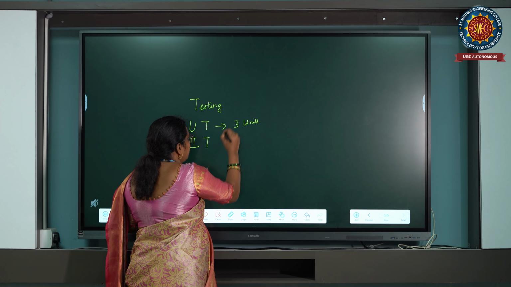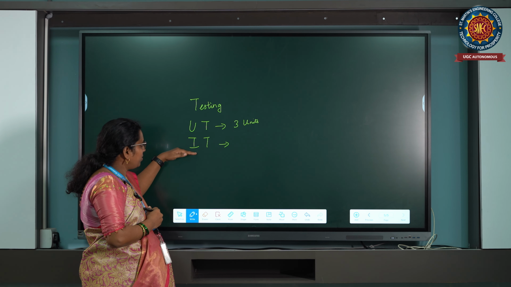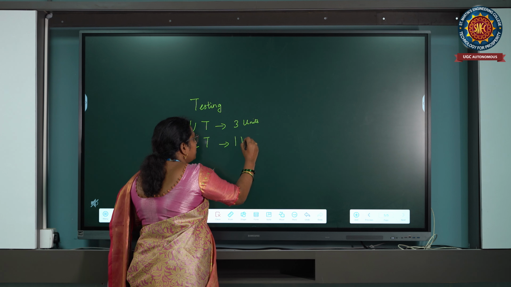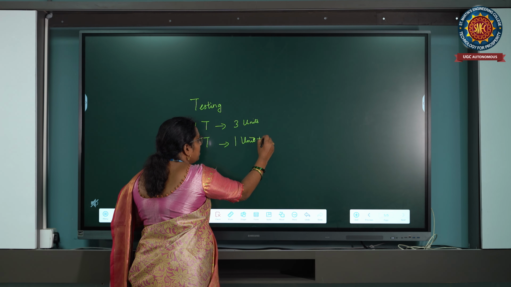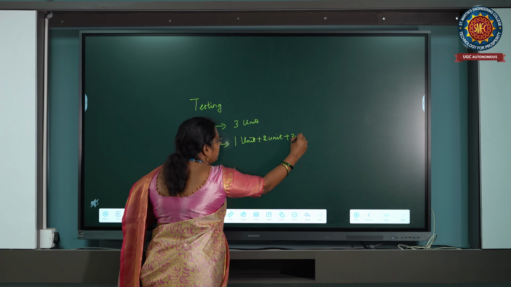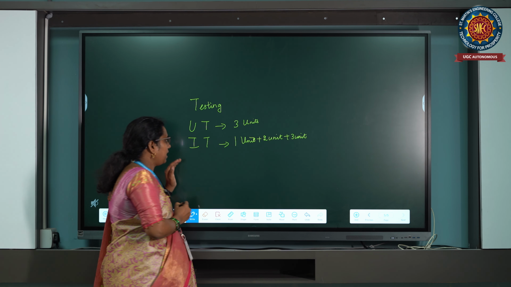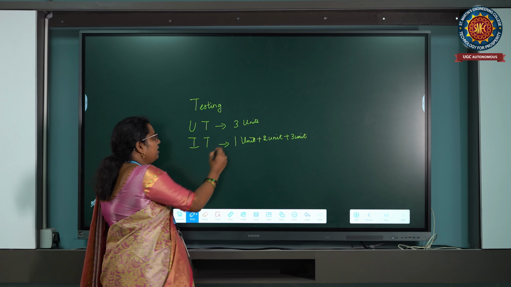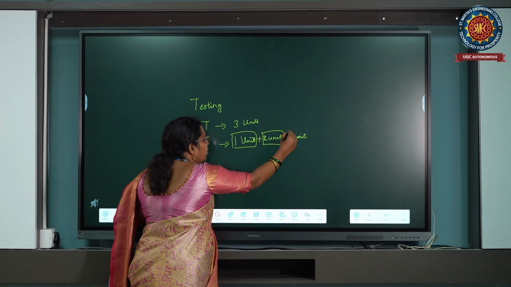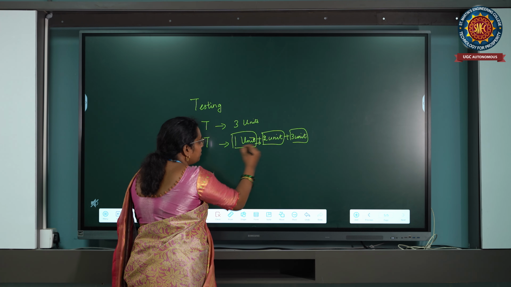After combining, how it works is, first they test the first unit plus the second unit. After this they test the third unit. This is called integration testing. After completion they combine each and every module, and that is how it gives the output.